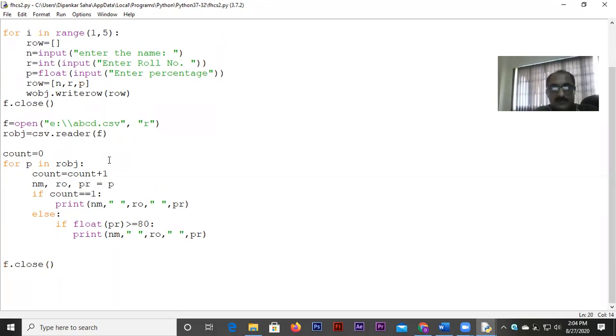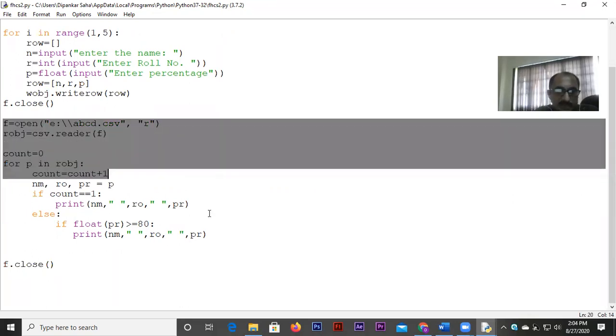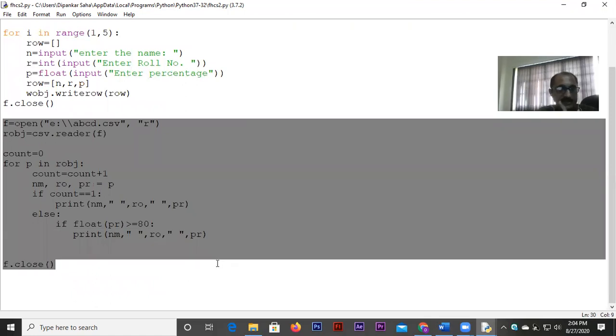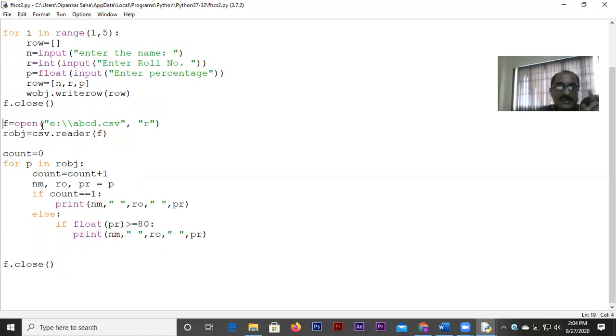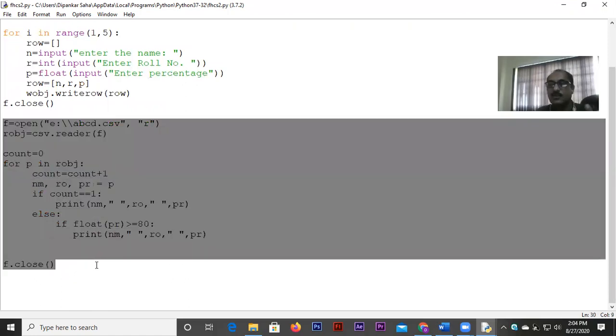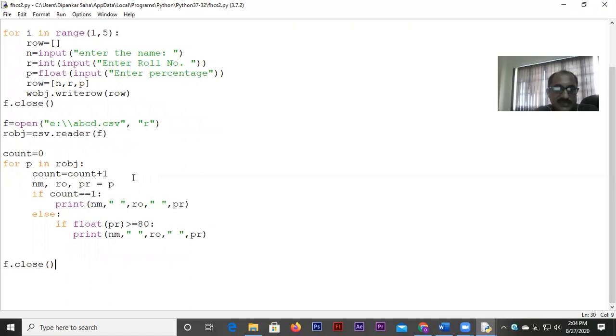Fine. Now what I have done, actually I wanted to do the reading, or rather kind of searching. Let me tell you, as far as your syllabus says, from the CSV file you only have to do reading, writing and searching. More than that will not be required, because only these three things are mentioned in the syllabus. So I've done the reading cum searching. Searching is a kind of reading only, right? So I've tried to read the file, and what I've searched for, I displayed the information of students who scored more than or equal to 80%. That is what I've tried to search here.